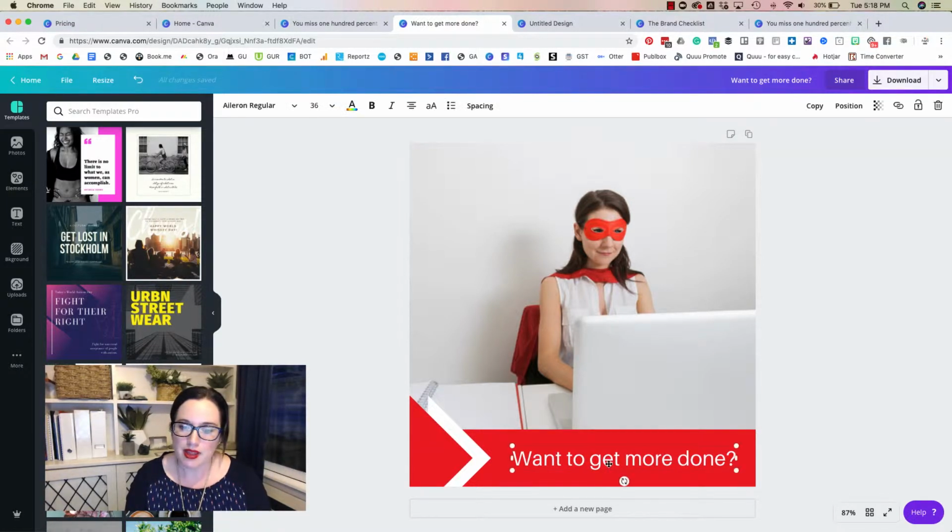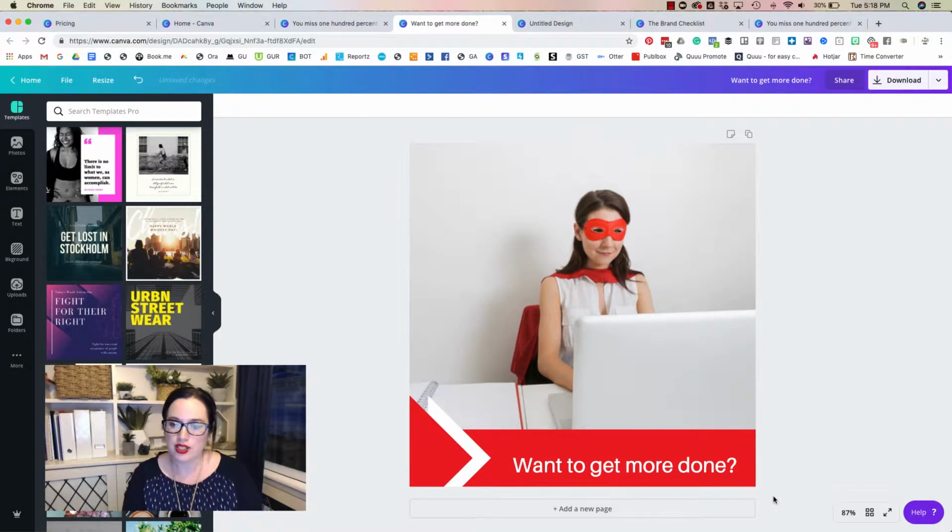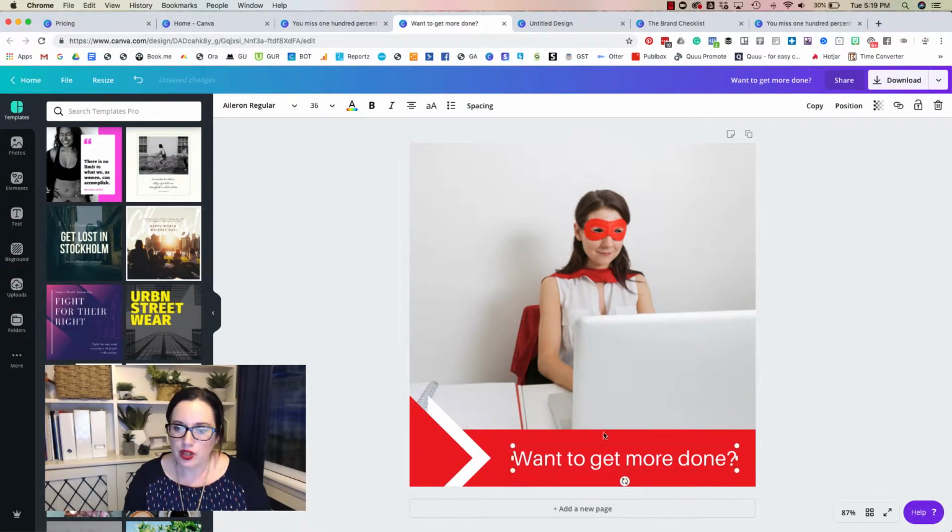And what I mean by that is, they've got their text here, for example, and you can see here that the white space between the top of the writing and the top of the box and the bottom of the box and the bottom of the writing are not the same, which leaves it just looking a little lopsided, right? So what we want to try and do is always make sure that your white space is